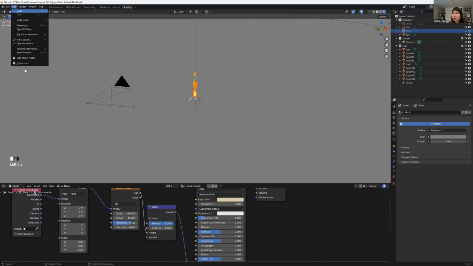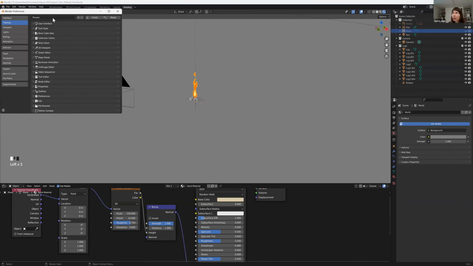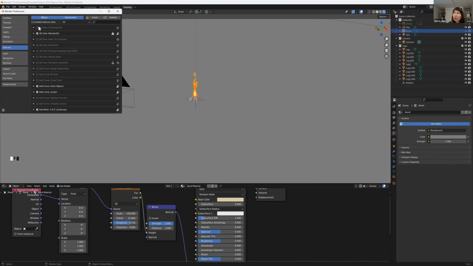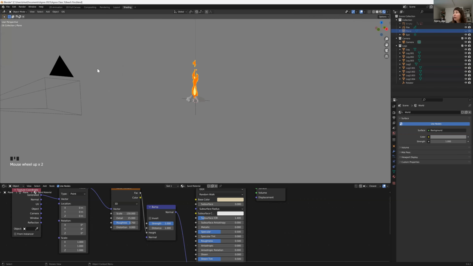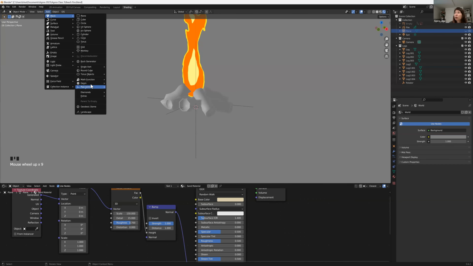So let's go to edit preferences. And here under add-ons, you can search for landscape. Yeah, right here, add mesh ANT landscape. This has to be checked. So if you don't have that checked, you won't have landscapes available. So please check that before you add landscape. And then when you go to add mesh, you should have